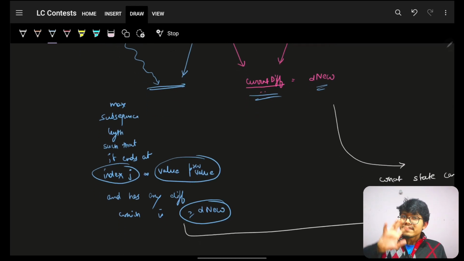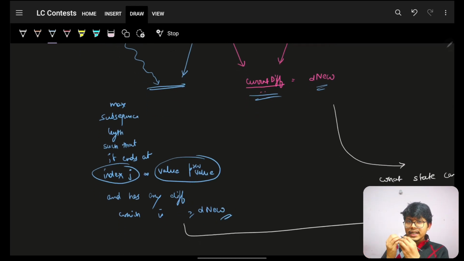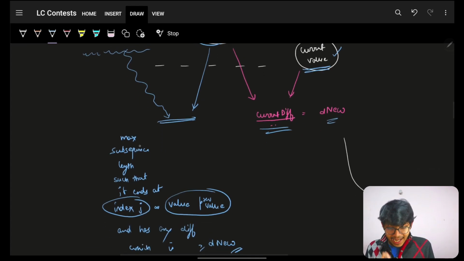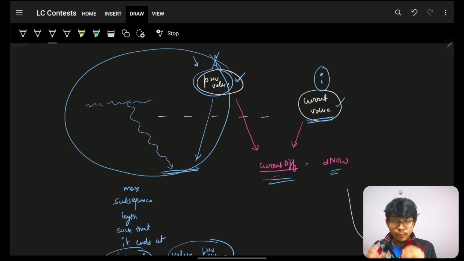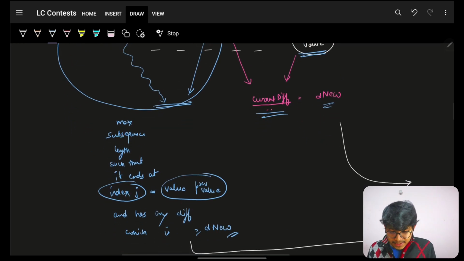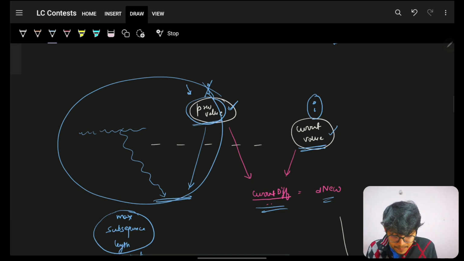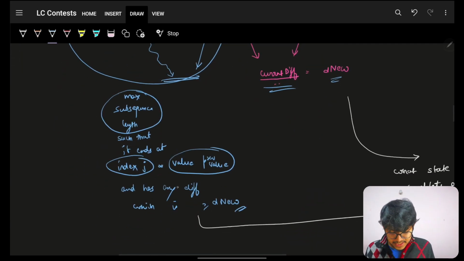For all the previous diffs, I want to get one such specific diff, or length, which can give me the maximum length, but that specific subsequence ended at previous value, ended at this value, ended at this value. So I need to find in this specific portion, give me the maximum subsequence length such that that subsequence ended at this specific previous value,